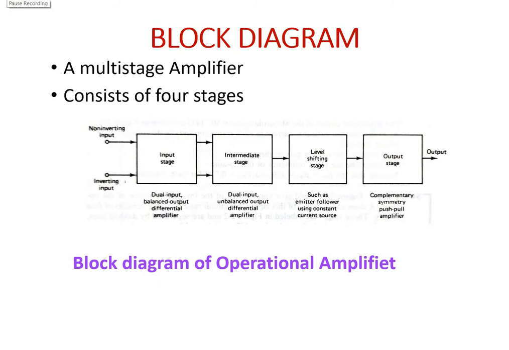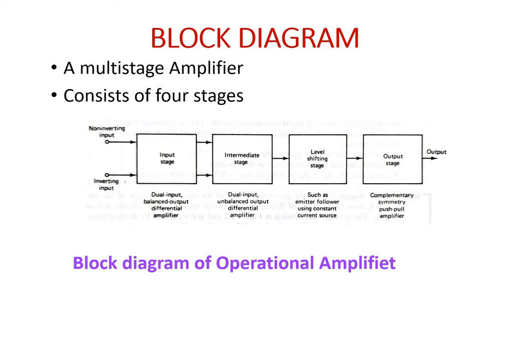The next stage is also a differential amplifier, but it is a single-ended differential amplifier. This intermediate stage is directly coupled to the input stage. The net effect of the 2 differential amplifier stages is to achieve a very large gain and also a large CMRR. This stage is driven by the output of the first stage. Because direct coupling is used, the DC voltage at the output of the intermediate stage is well above the ground potential.